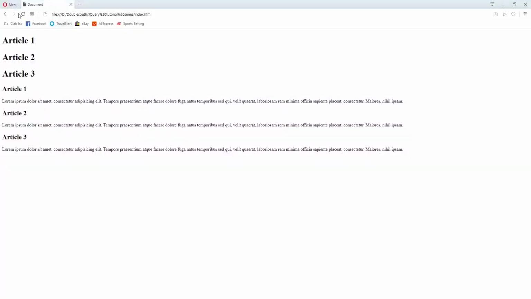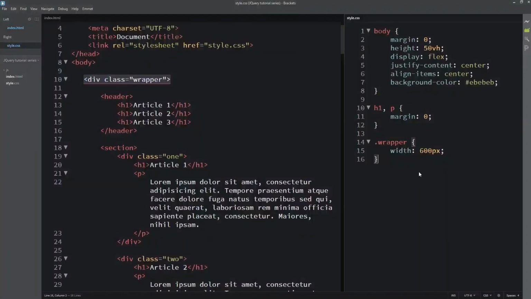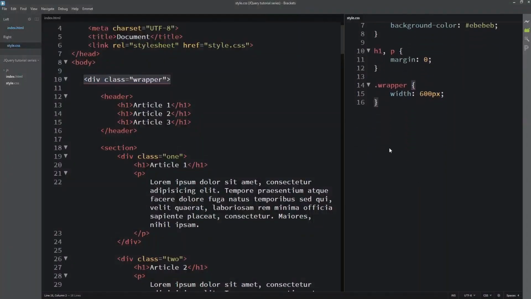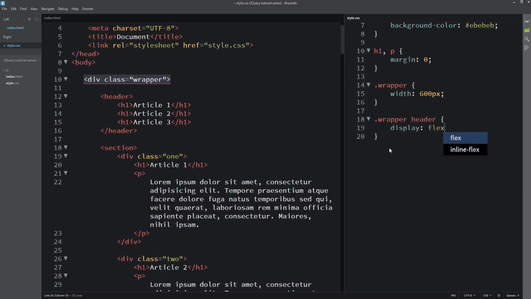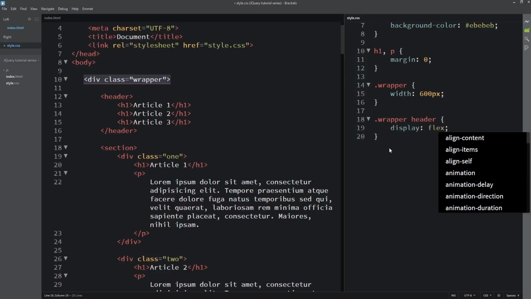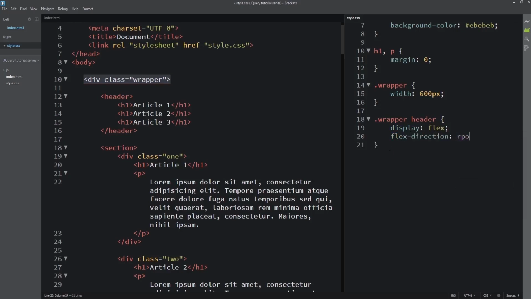Let's see what we get. Okay. Then I'll go back again. We'll target the header inside the wrapper. So wrapper header, we give the display as flex, then flex direction maybe row, so that they go side by side.